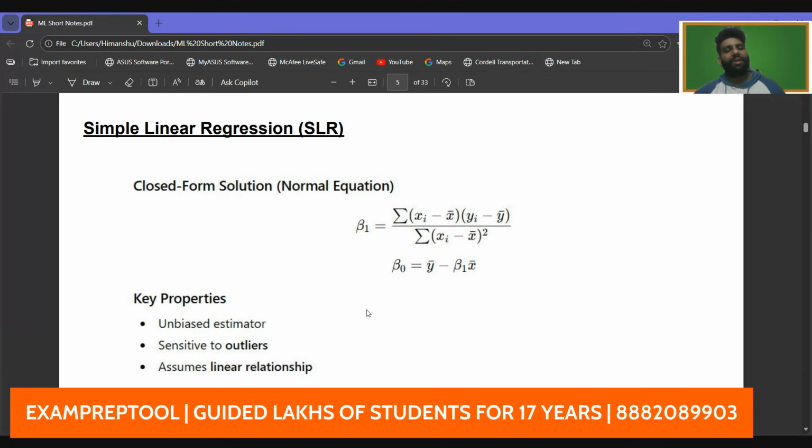Okay. So what are the key properties? These are unbiased estimators. It is very sensitive to outliers, because if there is an outlier, your line itself might shift a lot. Okay. And it assumes a linear relationship. So the word linear regression, the linear itself, is telling us that we are going to have a linear